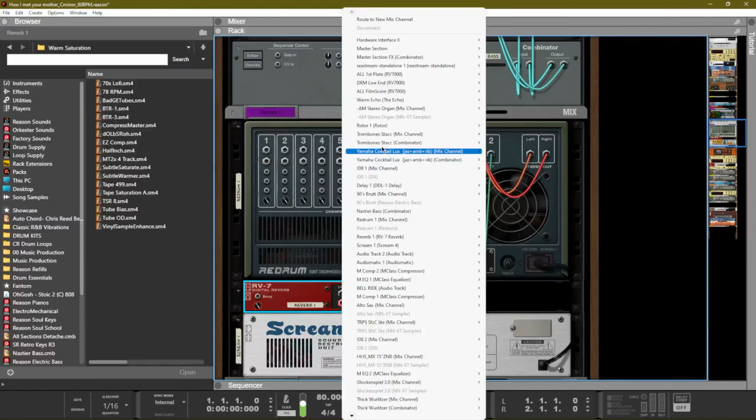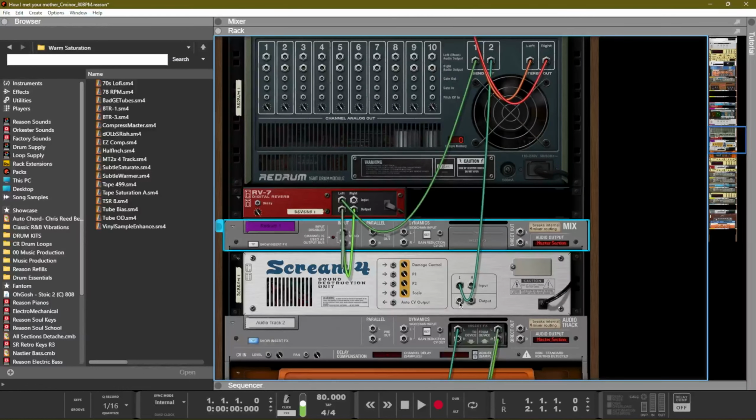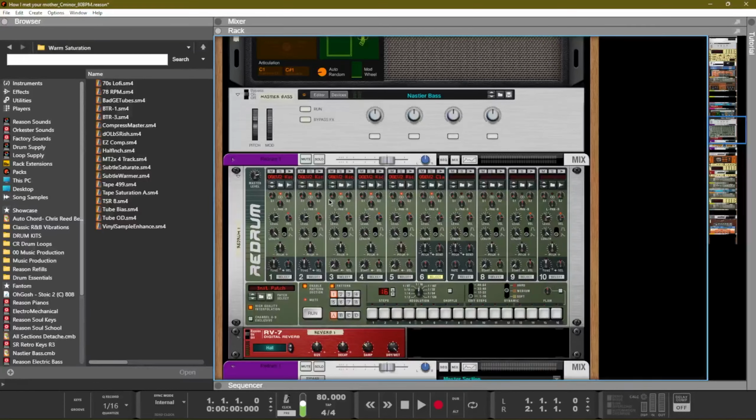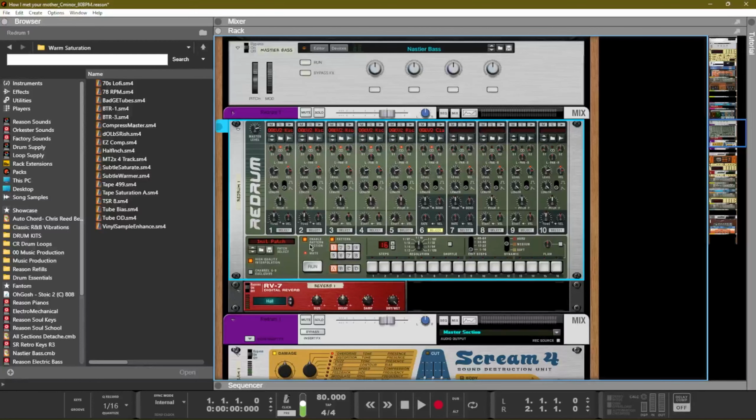And now these just need their own mixer channels. So we can just right click and create route to new mixer channels. And so now these drums can be sent to the reverb and the scream, and they will have their own send outs. So we can turn up this button here, the send one amount, and now we have that reverb